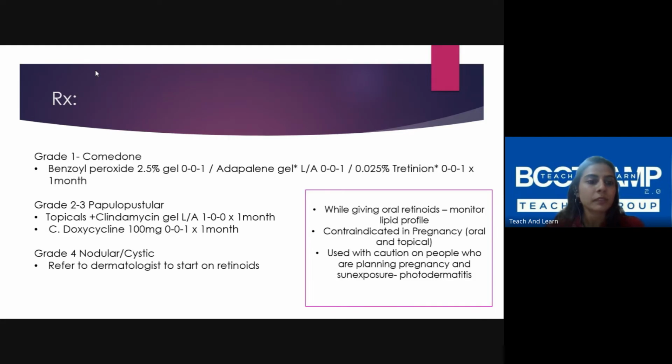Okay. So the general treatment for acne can go up to 6 months. Initially, if they come in with grade 2 or 3, you start doxycycline. Doxycycline can be given up to 3 months till you are sure that the patient is in remission. Then you take off the doxycycline and maintain on your topicals. Continue the topicals for another 3 to 6 months. Some patients who are 16, 17 years old, you might have to keep them on the topical treatment for a few years.